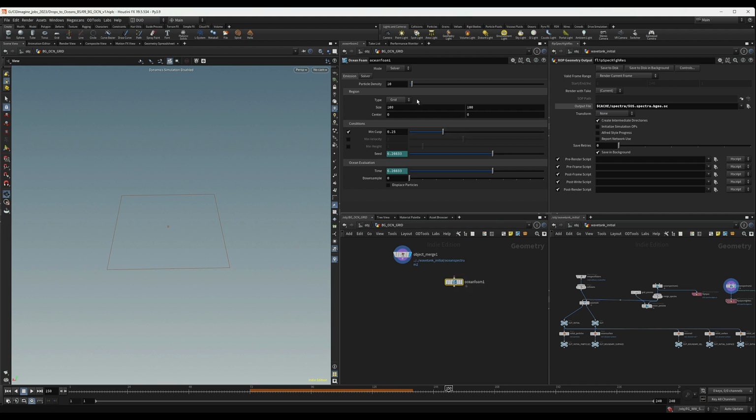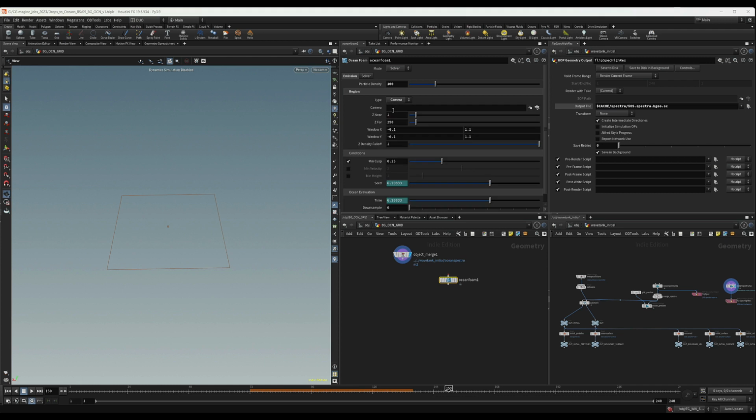Before you plug it in, let's start doing some settings. For the particle density, we can start with 100, and we need to set this based on the camera, so we cull things that are outside the camera. I'm going to call our camera here. It's this one, and we're going to do from 50 meters to 200. Maybe we can go even